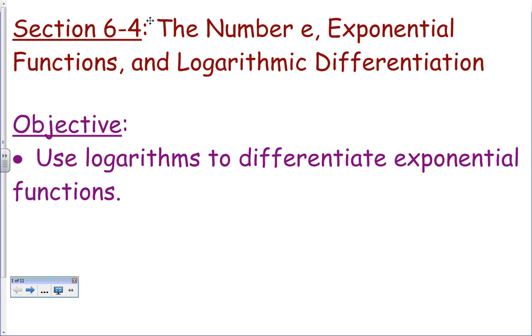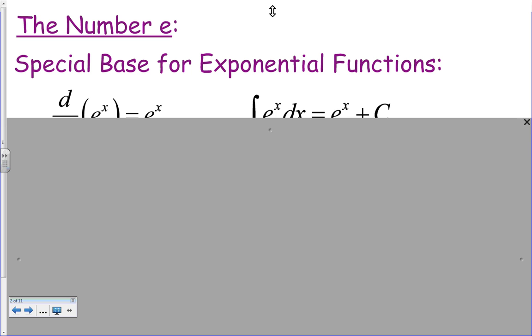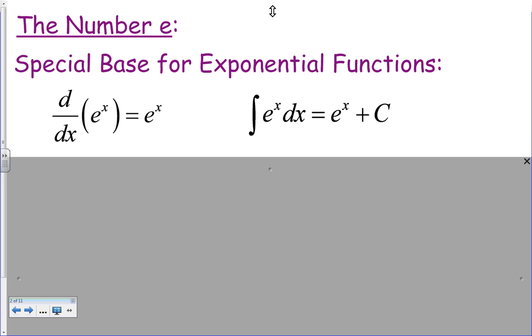And we'll deal with the idea of logarithmic differentiation actually in the second half of this discussion, but let's deal with some of the properties of exponential and logarithmic functions first. All right. First of all, the number e, again, is that value of approximately 2.718. And it's just a special base that we use for exponential functions, as well as for logarithmic functions, for that